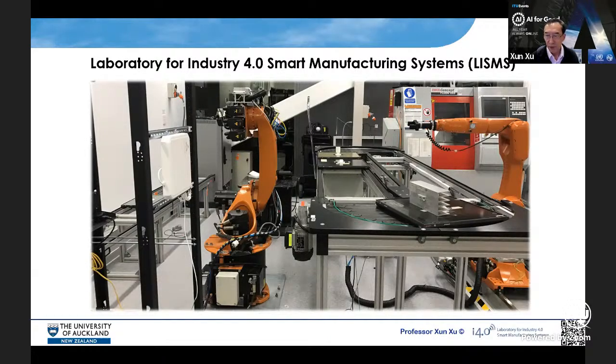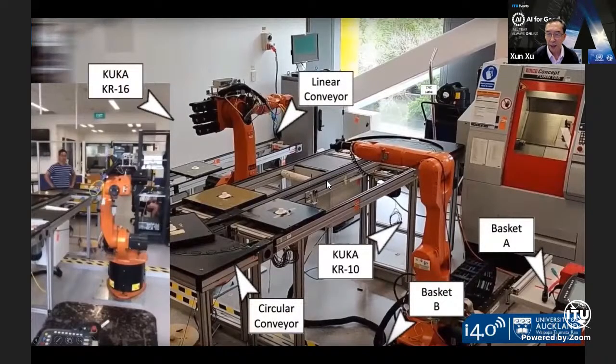So the way it works, this is actually one of my students' projects. It was carried out quite a few years ago. You can see the lab has got two robots. I've got a linear conveyor, and there is a circular conveyor here. So the workflow is such that the raw material comes in onto the linear conveyor. The KR16 robot will pick it up and place it onto the circular conveyor. And the circular conveyor transports the parts to the other side, and the KR10 will pick it up and load it onto the machine to get it machined. Once it's finished, it takes it off, and either places it in the baskets or